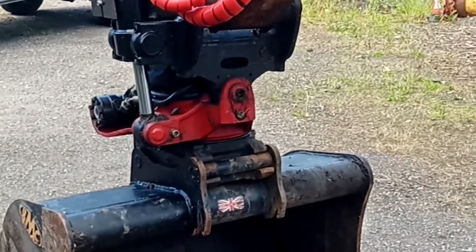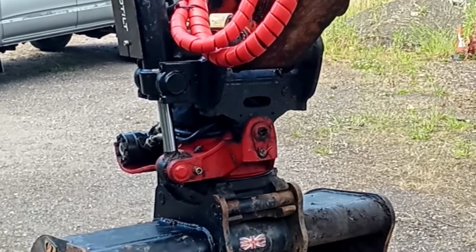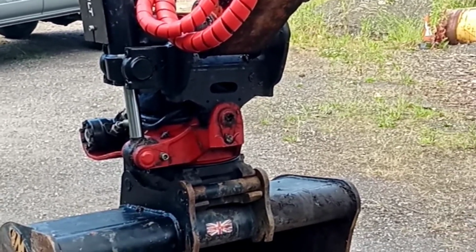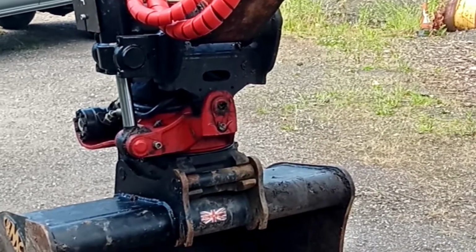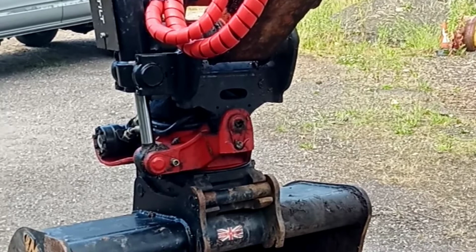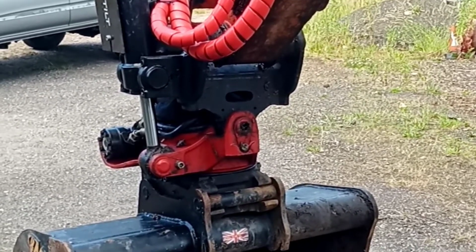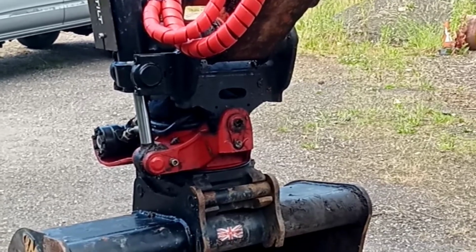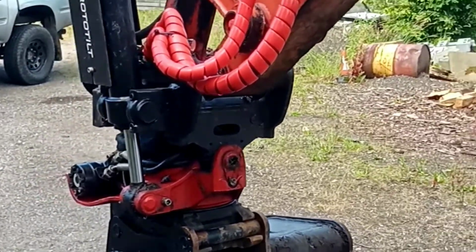Yeah, great piece of kit. I would certainly have another one if I was looking to put one on the 13-tonner. I would not hesitate to get a Rototilt, and I think I would go for the S-type Scandinavian hitch and a set of buckets. The geometry is well worked out. Seemed to be the way to go. Yeah, there you go. If you're looking for one,